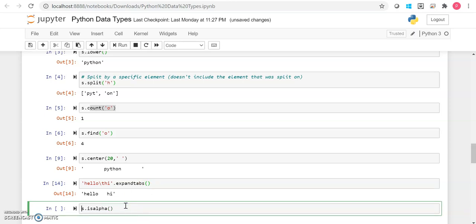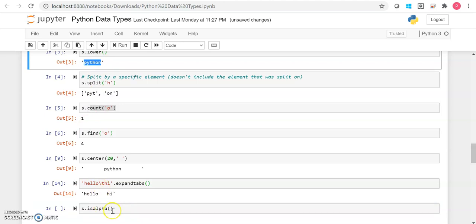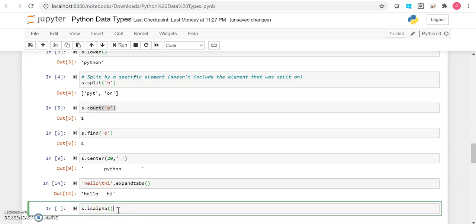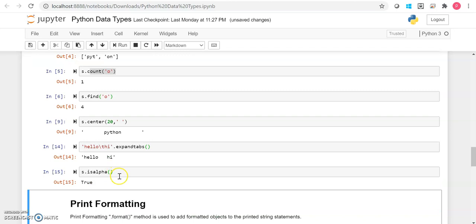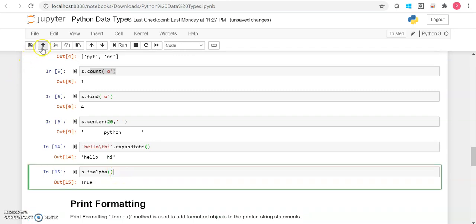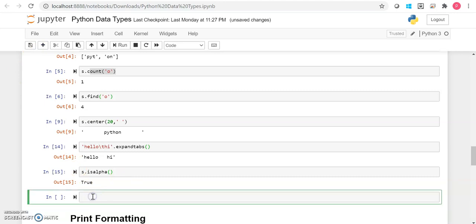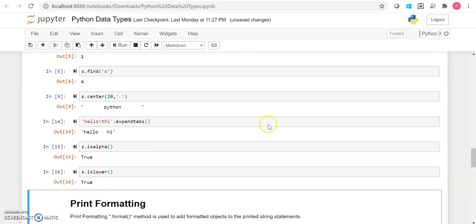Now there comes isalnum. If we want to check whether this string Python is alphanumeric or not, we know that it is alphanumeric, so it will give you true. Now if you want to check whether it is a decimal, we can check that, or whether it's lowercase or uppercase, we can check that as well.